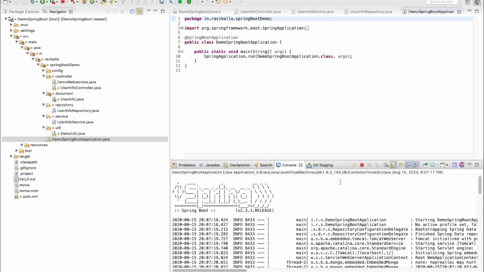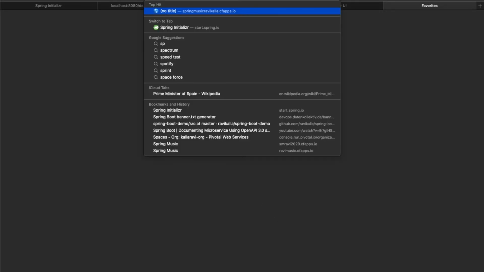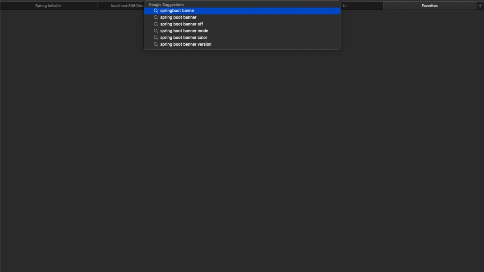Just wanted to show you one fun factor. Every time we start the Spring Boot application, we are getting this label. We can change that. Spring Boot banner.